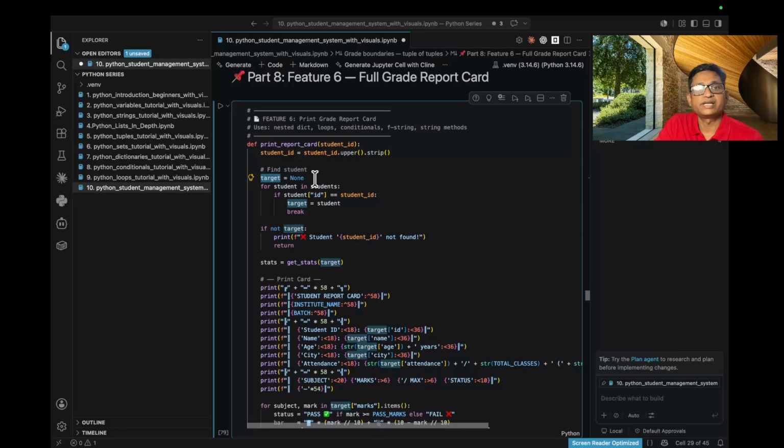the variable target is equal to none, for the student in the student database. If the student ID is available inside the database, we assign that student name into target, and after that break. There is no need to loop further because we got the student. If not target, then definitely it will return that it is not found. Next, if we find the particular student, we call the helper function, get underscore